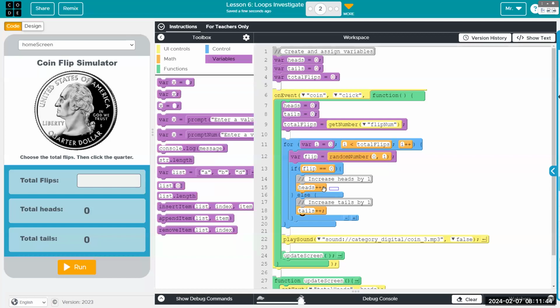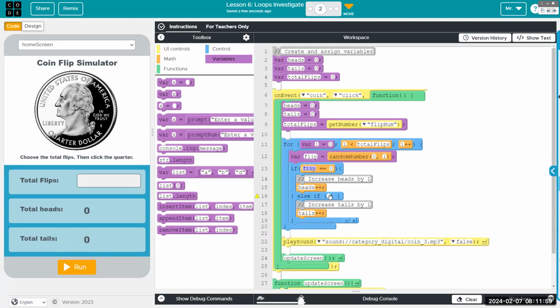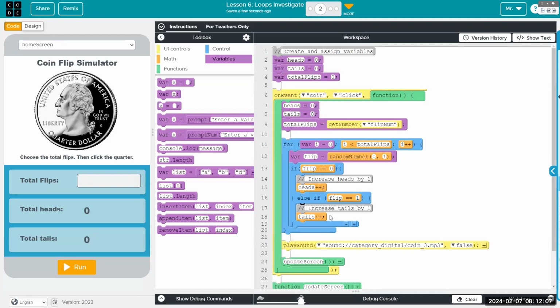And okay, so it has the if else. If a 0 is returned, it counts as a heads. Otherwise, which in this case, there's only one other scenario, and that's a 1 is returned. We don't need a second conditional. We don't need to say else if flip double equals 1, have tails go up by 1. There's no need for that.